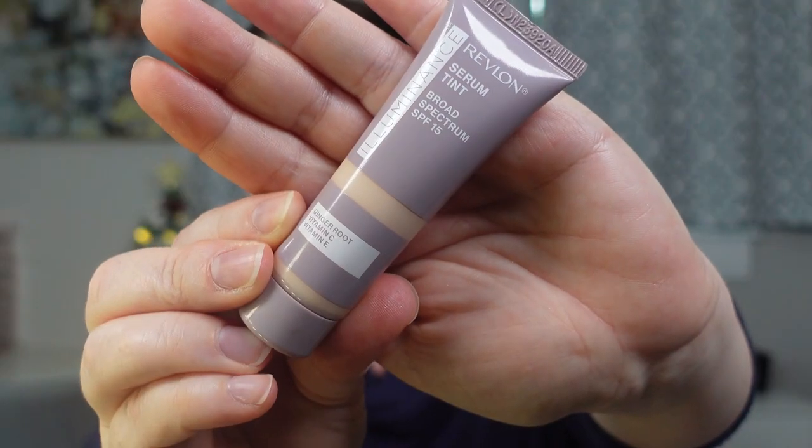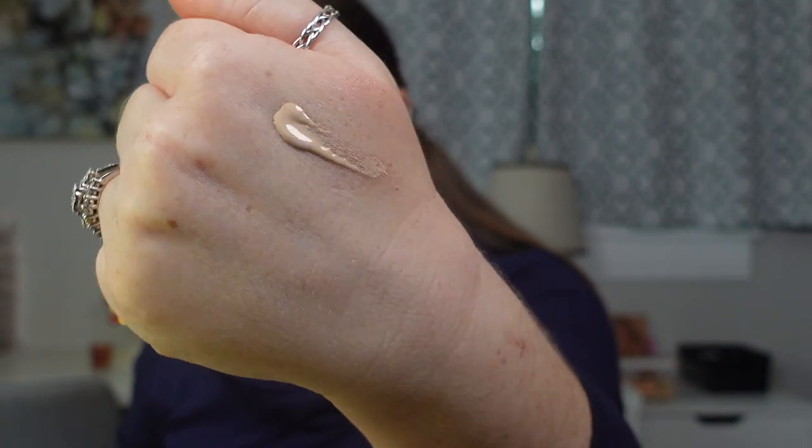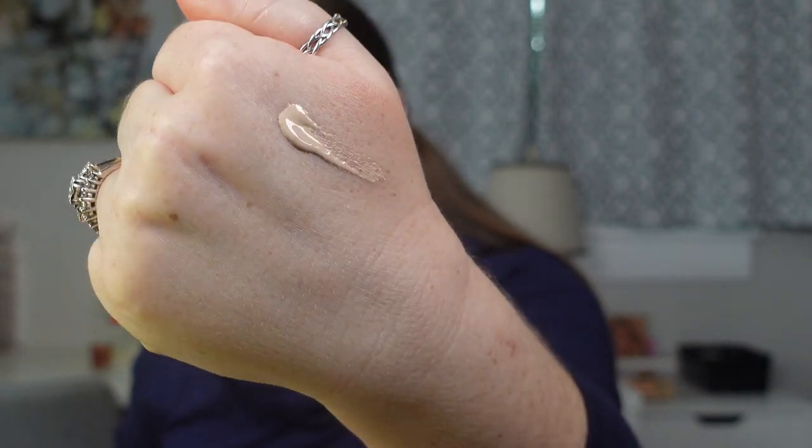So I only tested one new release this month, which is from Revlon. It's the Illuminance Serum Tint. This has SPF of 15. Mine is in the shade 113. I love the Illuminance line. This serum tint, like the Illuminance